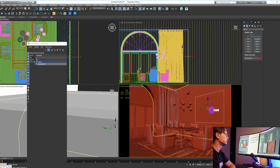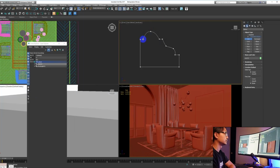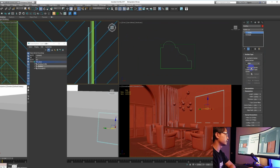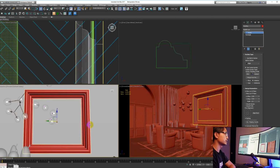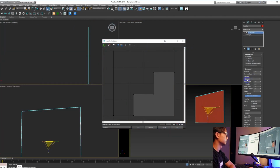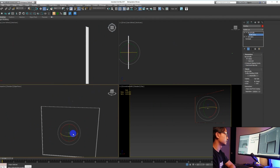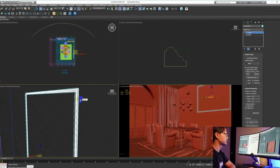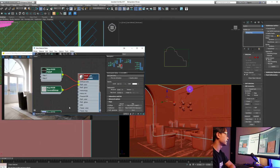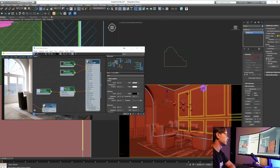Okay. So I started to model simple moldings for the walls just to add some details. So this is like the first result of the overall change,